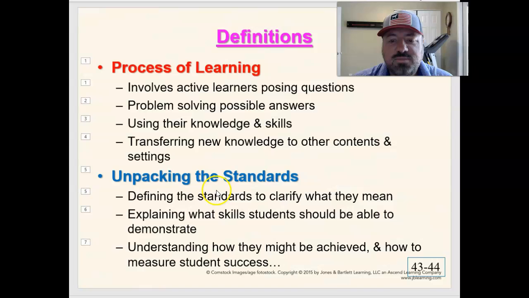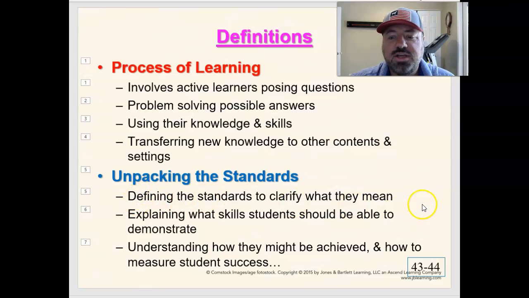So when we talk about unpacking the standards, you want to define the standards to clarify what they mean. What we'll talk about a lot in our whole program here are the NASPE standards, because they're the overarching standards that you could use no matter where you're teaching, those 5 NASPE standards. In the Missouri public schools, you're going to look at the DESE approved GLEs and GLOs. But if you look at the GLEs and GLOs, which we will later in this module, you'll see the first thing they do is tie themselves to a NASPE standard, and then they break it down a little bit further.